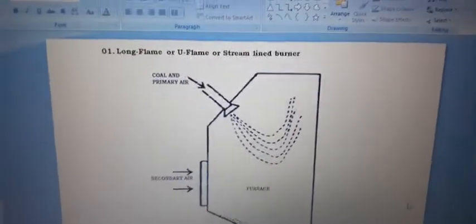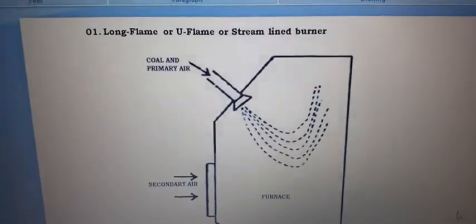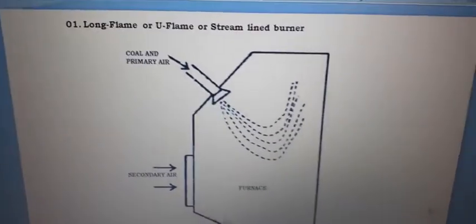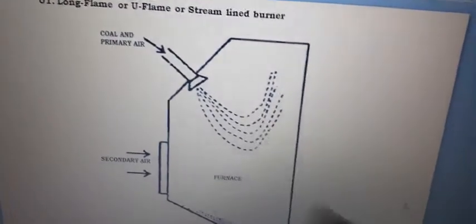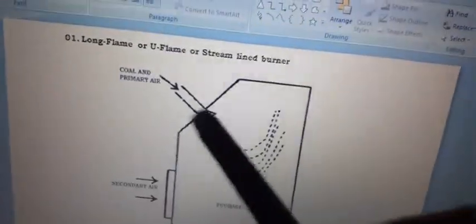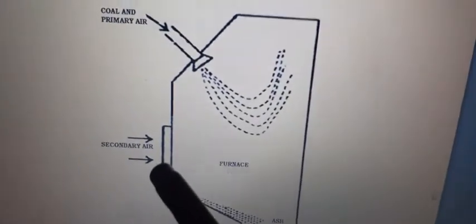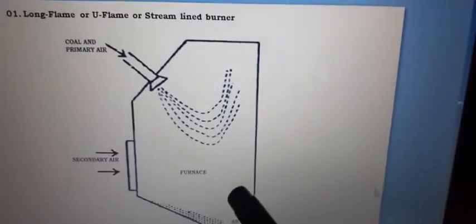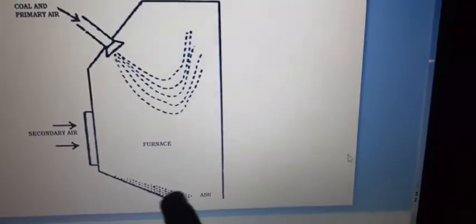So next, in this session we'll be discussing the types of fuel burners. The first one is the long flame or U-flame streamline burner. You can see the coolant, the primary air, and the secondary air here. This is the furnace. Coal is fed from this into the furnace, and ash is formed here